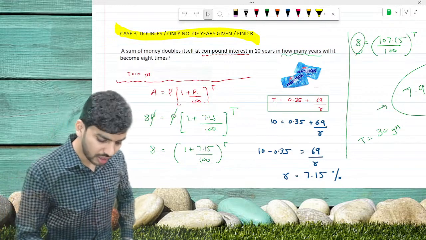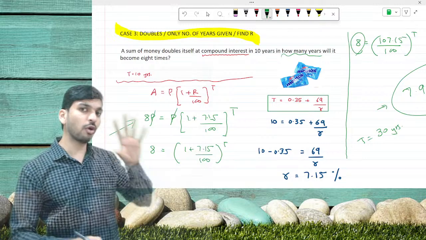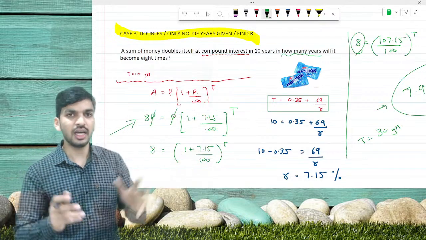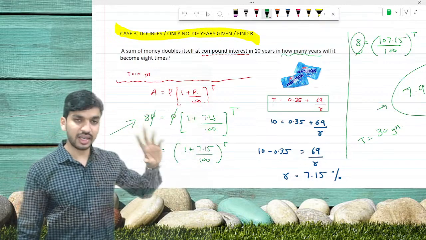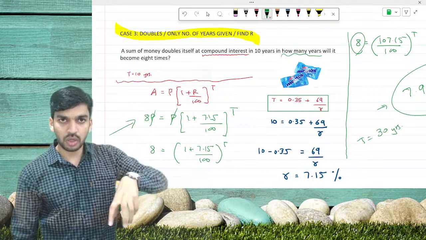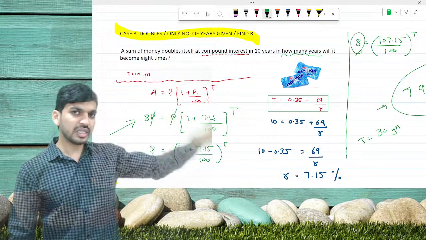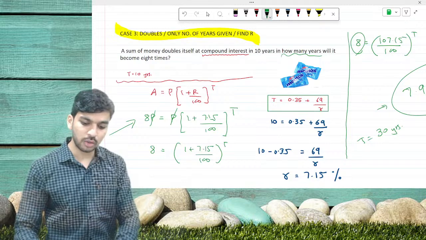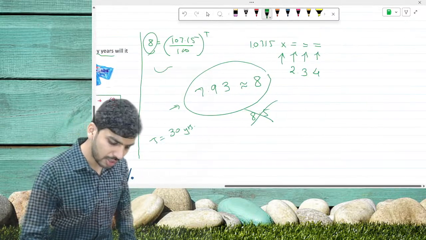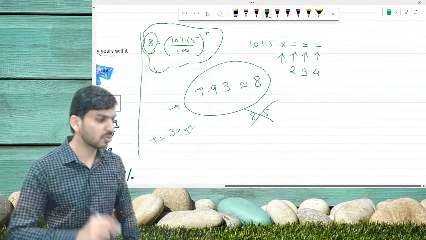So what I have done here, see this part, I have used the formula for this kind of question. As I said, for 1 or 2 questions we are going to use the formula. So at this time we are saying 8 times the principal amount is your final amount, and the basic formula. We substituted all the values and then we calculated till here. Then we calculated till here. All of you clear till this point?